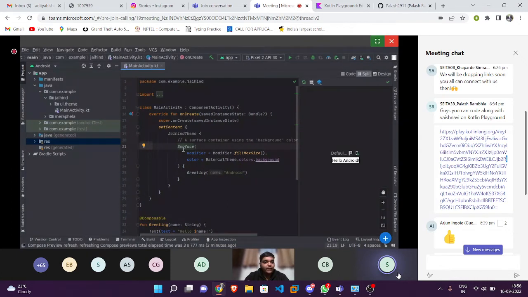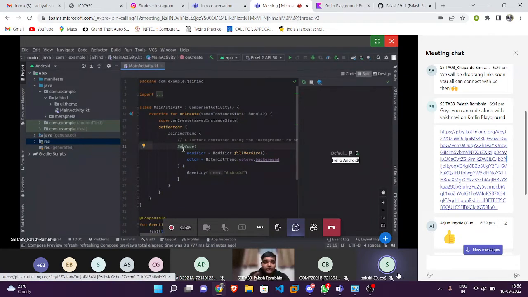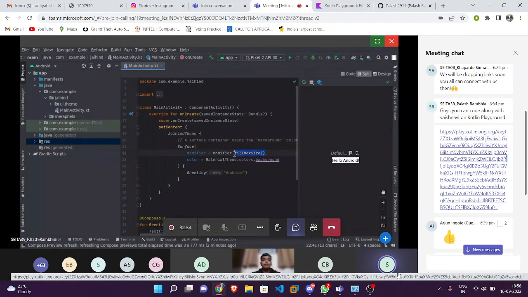If you know web development, it can be referred to as a div for web developers. If not, we can consider this as a small container which we can have inside the layout, a small box where all your code is being written, and inside that you can give color to that box, give size to that box. Currently we have fill max size. Now what does fill max size mean? ये पूरा जो